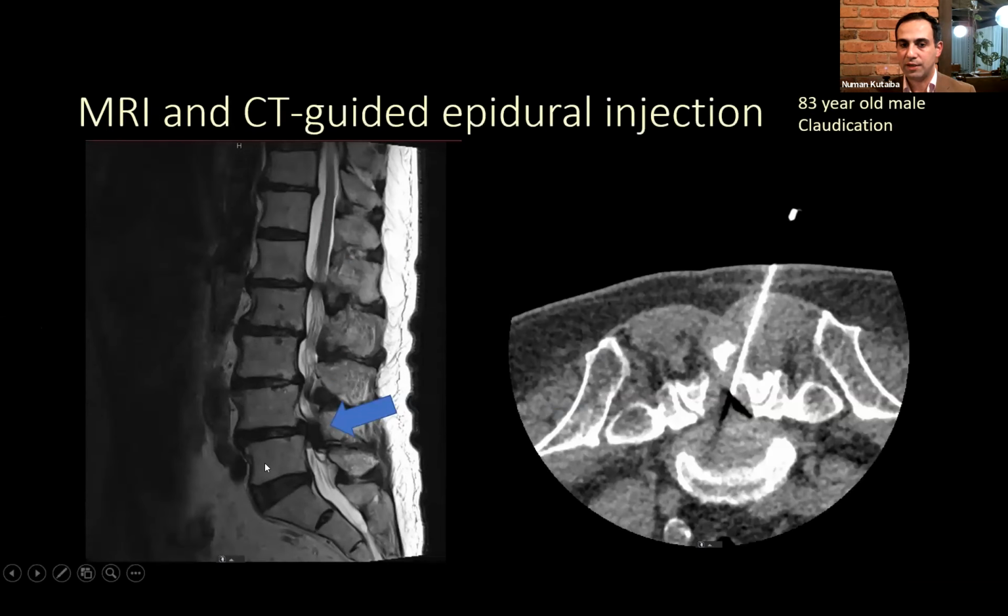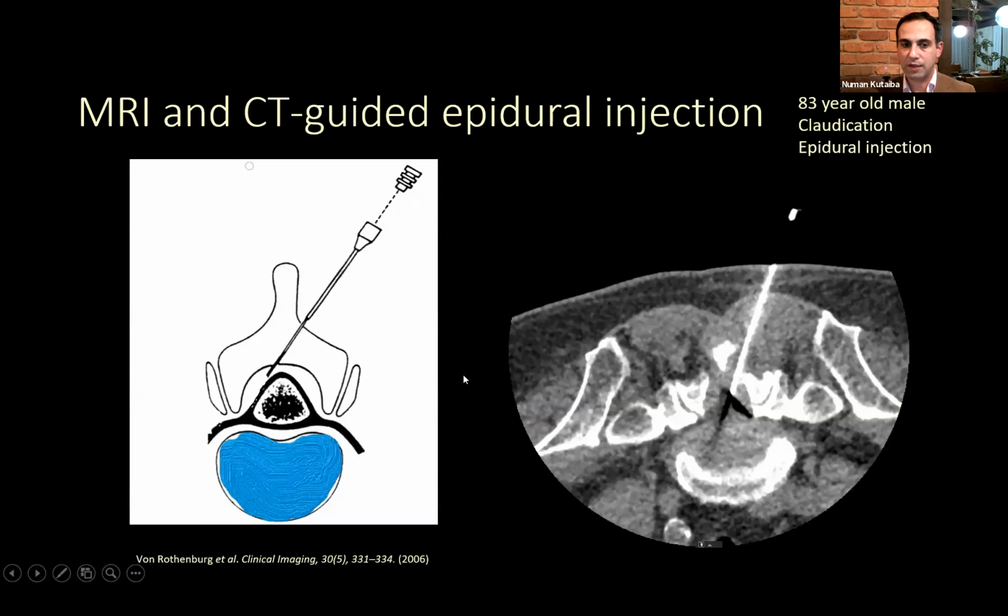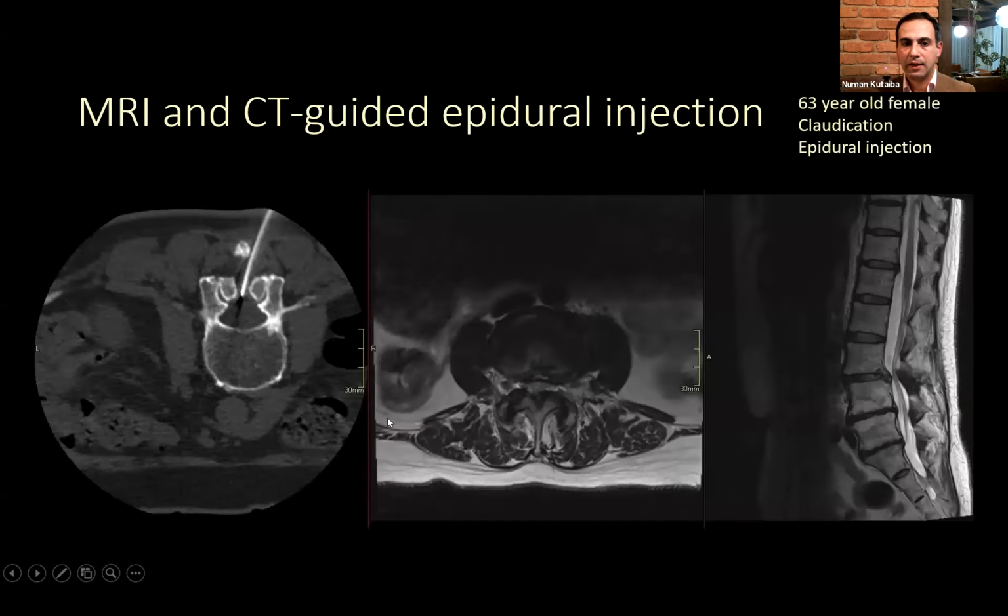Now, how do you treat this patient? It depends on whether you need surgery or not. You try to shy away from surgery. At this age, they may have comorbidities. So you try to address this with an epidural injection. Again, this is done under CT guidance, where you advance the needle outside the thecal sac and in the epidural fat, you put in some steroids and local anesthetic.